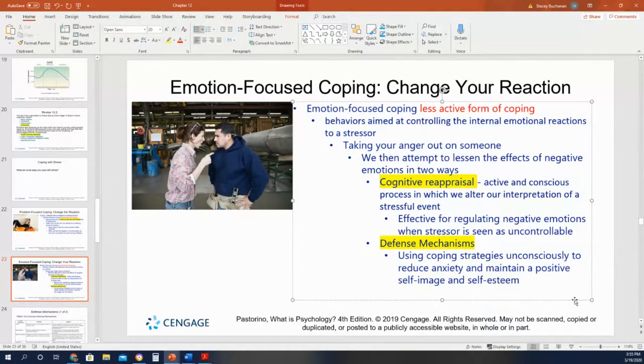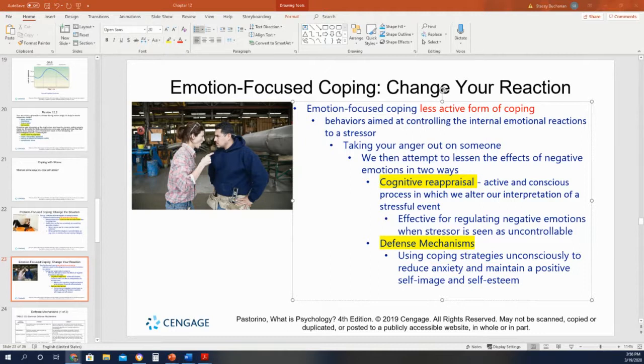So you alter the way you interpret the stressful events. So if you feel the stressor is uncontrollable, like your boss yells at you, and obviously you feel like you can't yell at your boss, so you alter your interpretation of the event. That might be, for example, instead of saying your boss doesn't like you, you may interpret it as your boss is also having a stressful day. So let me give you another example. Let me pull up my whiteboard.